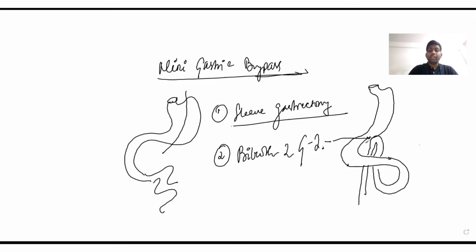So the advantage of mini gastric bypass is that there are fewer chances of anastomotic leak and it is easy to create. Second, since it is easy to create, it is also easily reversible compared to a Roux-en-Y gastric bypass. But what is important to note here is that the length of this biliopancreatic limb is around 200 centimeters, that is around 2 meters. And since the length of this biliopancreatic limb is very large, there is more chance of anemia and more chance of diarrhea in the mini gastric bypass compared to the Roux-en-Y gastric bypass.